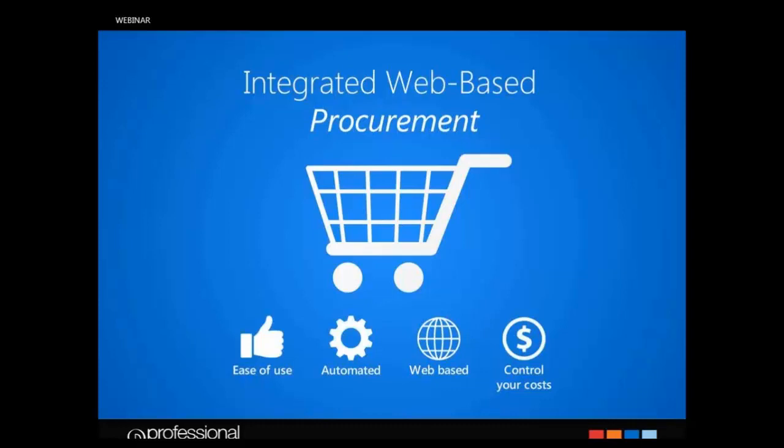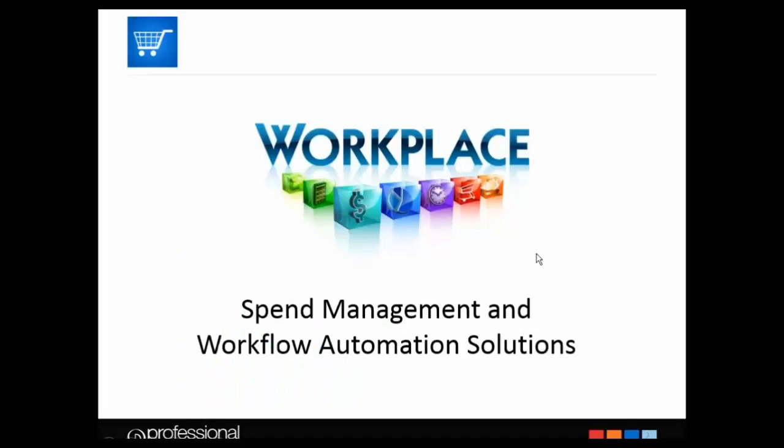But we'll walk through the slides and spend a few minutes there, and then after that, we're actually going to walk through a presentation of the e-procurement process. So again, what we're going to look at today is web-based e-procurement, and we'll go ahead and start walking through the slides here. So the e-procurement solutions that we offer within the workplace umbrella of products provide spend management and